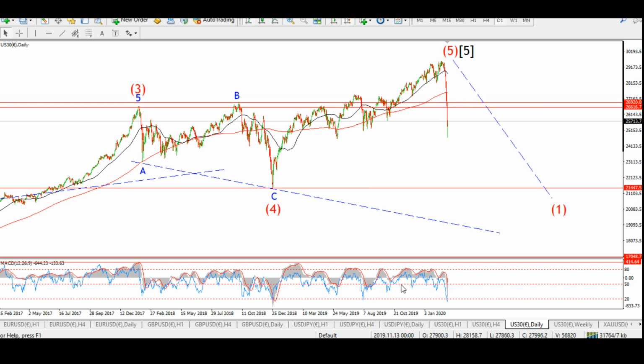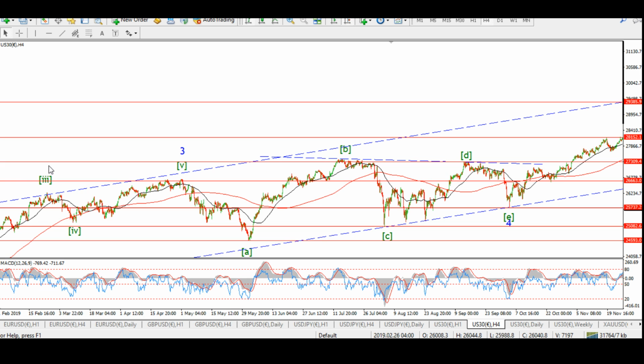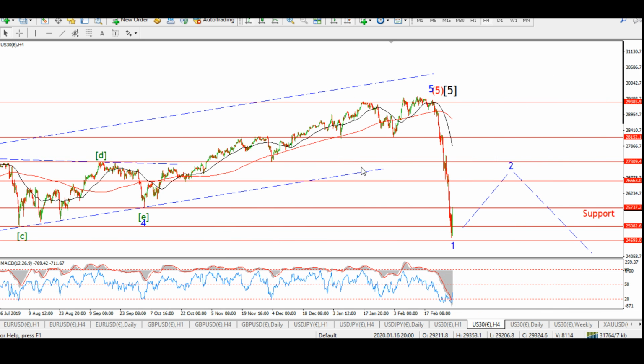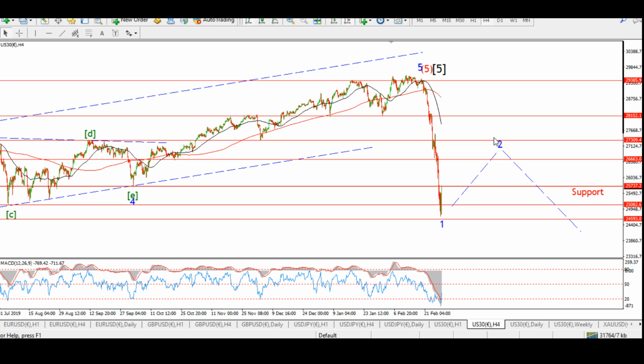So let's get into the 4-hour chart and we'll see how that is playing out. This is the shoulder that's built on the left-hand side here. We've got about 27,000 to 27,200, let's say. So it's not unreasonable to expect some sort of reaction back up to that, above that 27,000 level. This is nothing but impulse to the downside, so it's a 5-wave pattern down. That does suggest that the